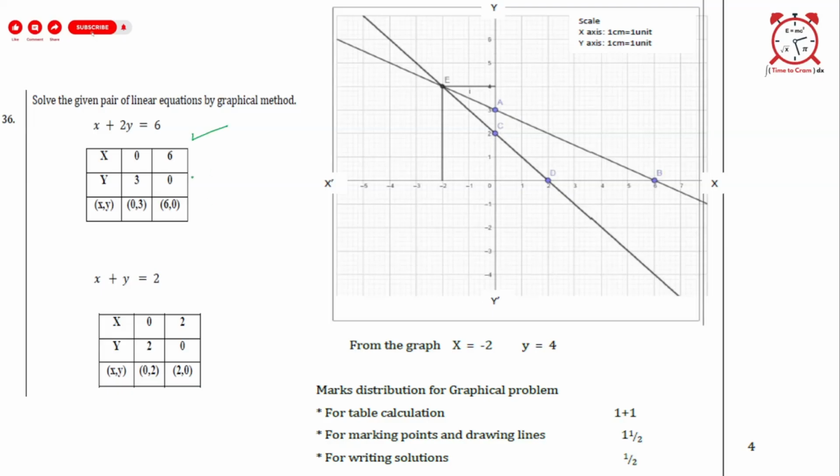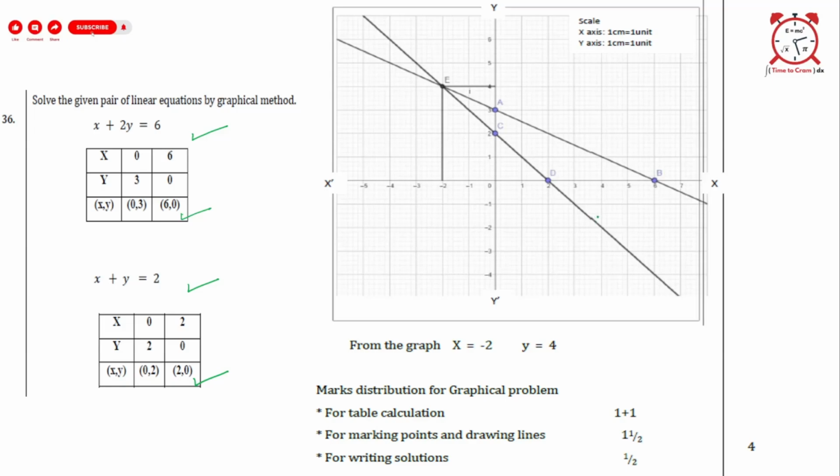For the first linear equation, for the respective values of x and y, we can get the coordinates (x, y) as (0, 3) and (6, 0). Similarly, look how easy these equations are here. You can get the coordinates (0, 2) and (2, 0). Plot these points one by one. For the first line, first plot the points and get one line, then another. So you can see here,